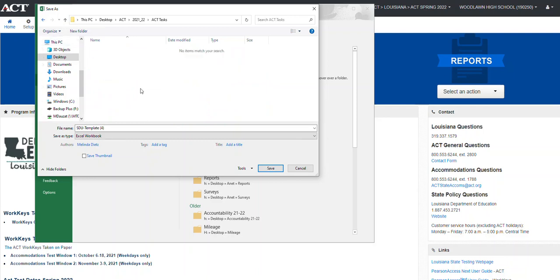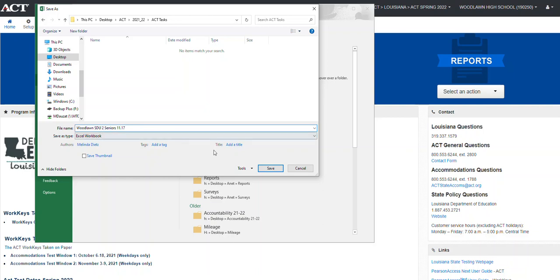Yeah, I'm going to save it here under ACT task. I'm going to call it, go ahead and call this Woodlawn. See, I already had another one that I uploaded for Woodlawn. So I'm going to do another one. So Woodlawn SDU 2 seniors. And then today's date. You don't have to name it like this, it's however you want to name it. But since I'm doing an example, I'm going to go ahead and name it by the school and the second